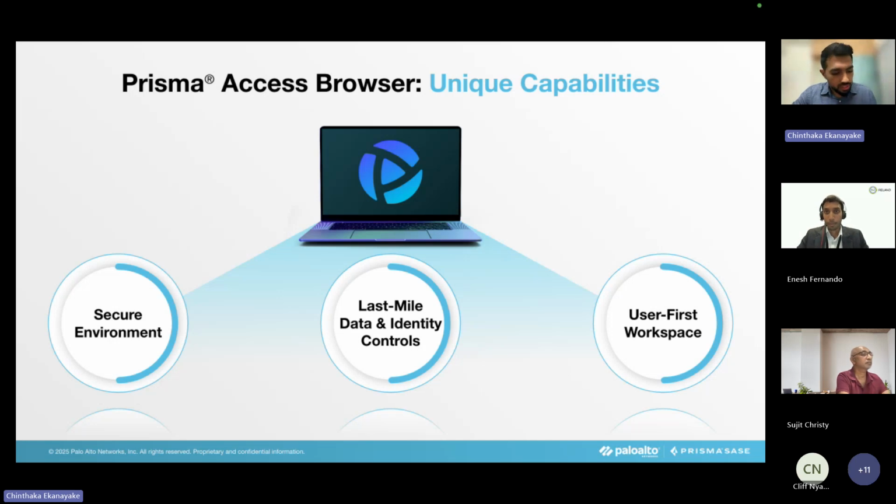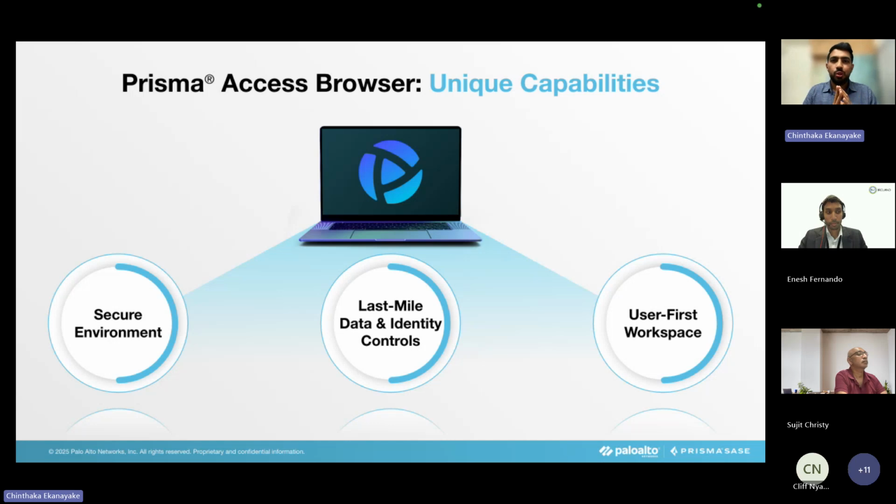Okay, great question. One of the challenges, first and foremost, what we have seen is most of the applications today have become web-based applications. A lot of the applications are moving away from thick clients and becoming web-based applications. So as long as it's a web-based application, it's something that we can access through the browser. There are developments happening right now around enabling access to thick applications also using different mechanisms, but I'll talk about that when the features are available.